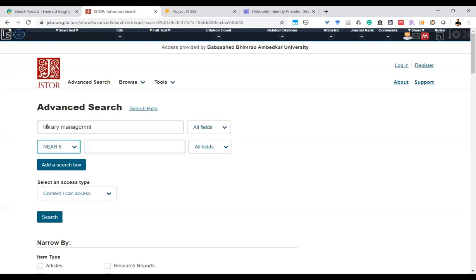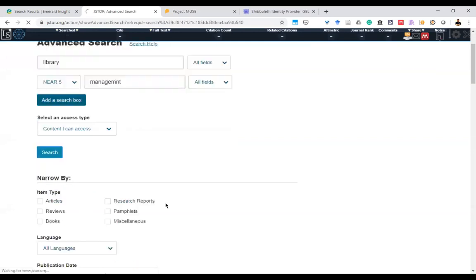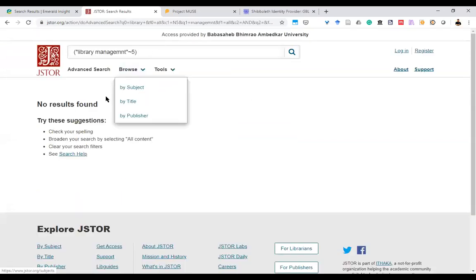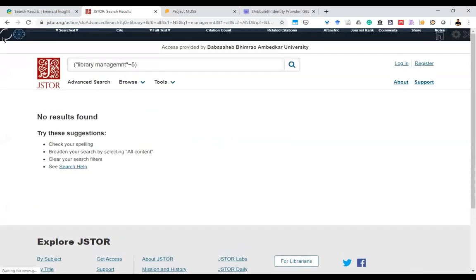So anywhere within 5 words this library management term appears. We have to put the term here, so library and NEAR 5 management. And if we search by this, then we can narrow by all the features we have. Just I'll show you. No result was found for this one anyway.